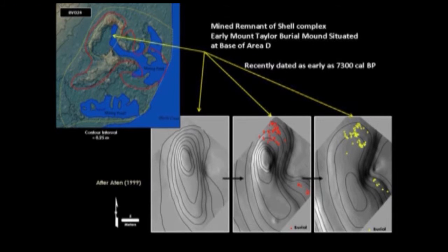That's one side of the coin. The other side of the coin is that at the same time that they're constructing these massive shell mounds, they're also constructing burial mounds. And this has been documented at the Tick Island or the Harris Creek site, first by Bullen and then reinterpreted by Larry Ayton. And they discovered at the base of this massive shell mound, one of the most massive mounds in the river valley, that 7,300 to 7,000 years ago, a small multi-staged sand and shell mound was constructed,